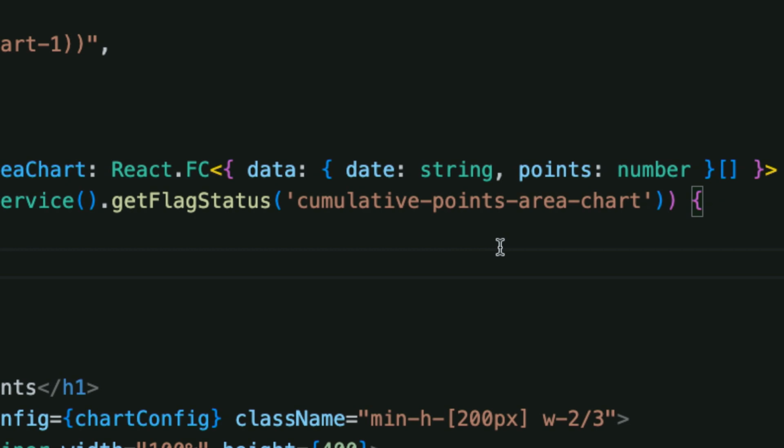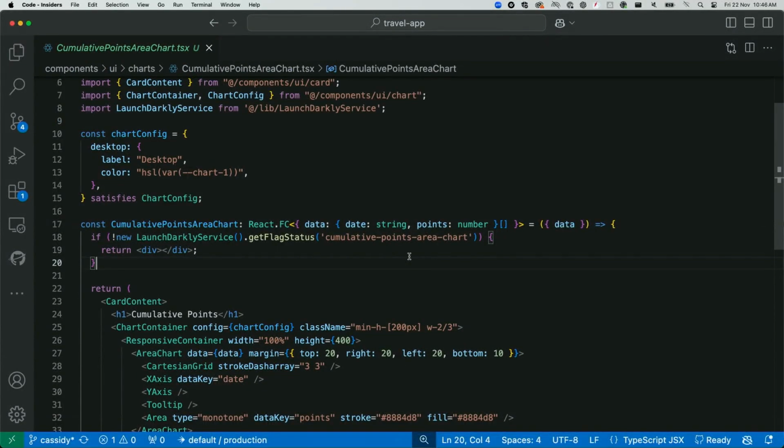Now, LaunchDarkly is one of our partners, and they are a feature flag tool, basically. So you can flag certain components or certain parts of your code to say, we're rolling it out to 10%, 100% of people, we're rolling out to this subset of people. Fantastic tool, but obviously, when you write a React component, when you're asking Copilot for a React component, it's not automatically going to add LaunchDarkly.